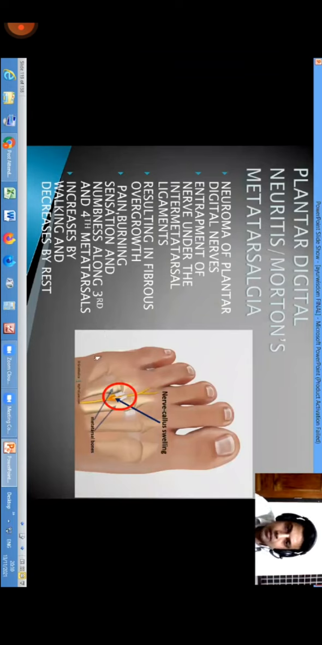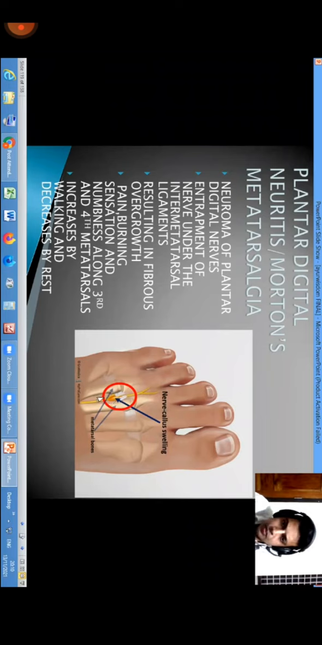Then coming to Morton's metatarsalgia. This is a common case coming to our OPDs, and it is a neuroma of the plantar digital nerves. In this picture, we can see the nerve branches, and here the neuroma is causing tension along the intermetatarsal ligaments. We can see clearly the intermetatarsal ligament is stretched here, and the neuroma is causing a pressure effect on this area,